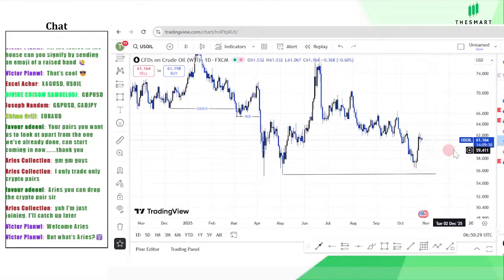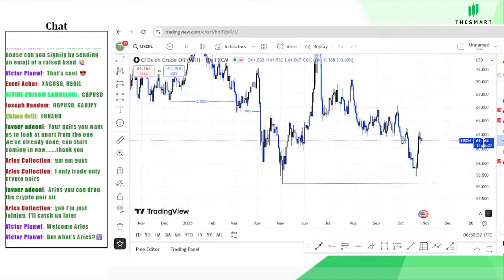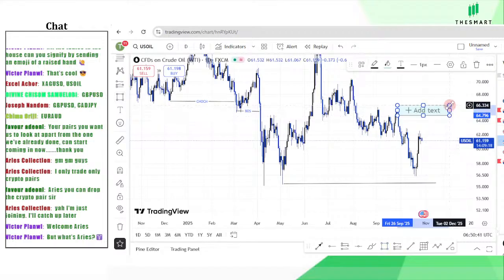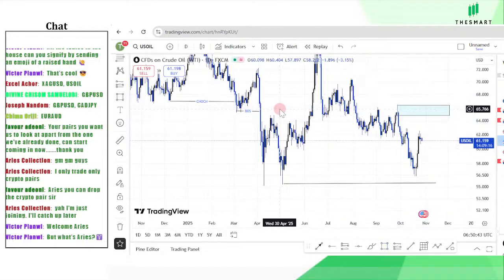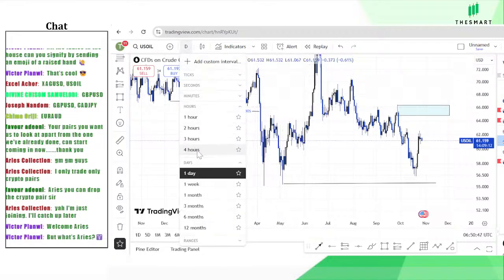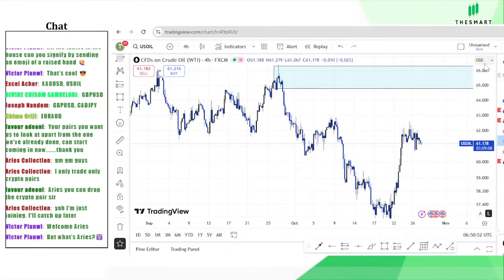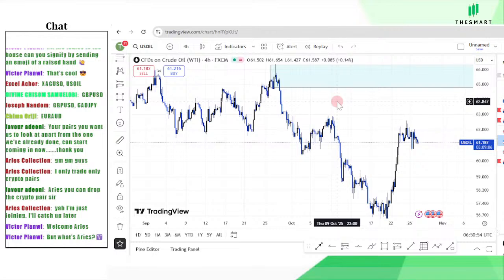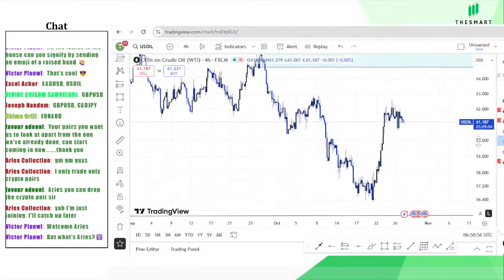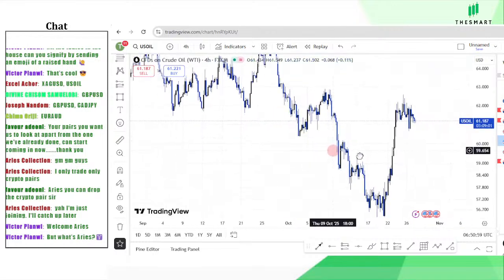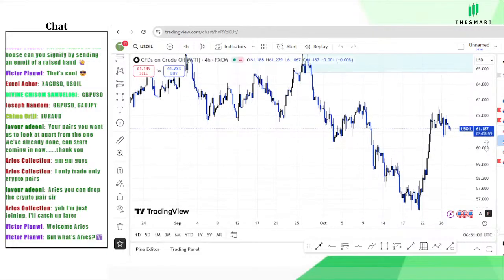From the daily level, we can already see that our price is reacting to a zone, but that will be my inducement on the daily. I want to see price react to this level on my daily. So let's go down to 4 hours. Okay. So looking at the 4 hours,